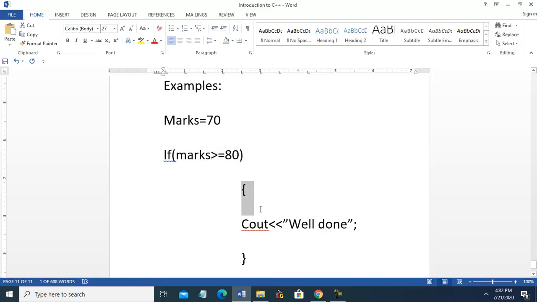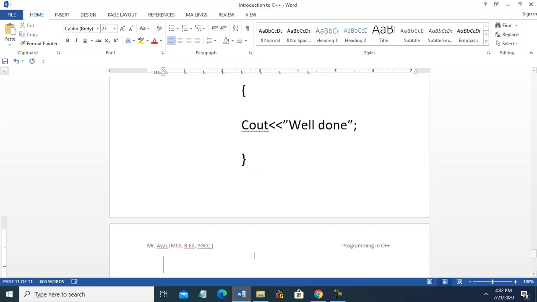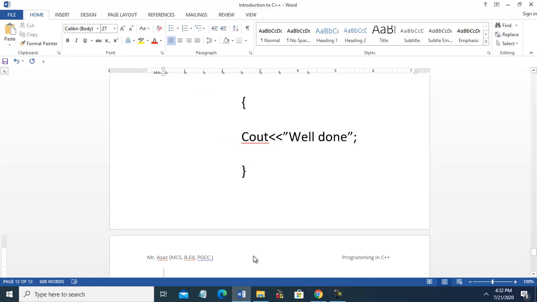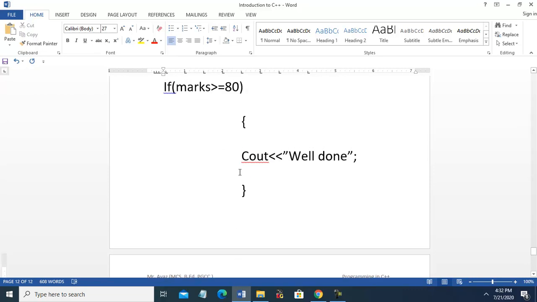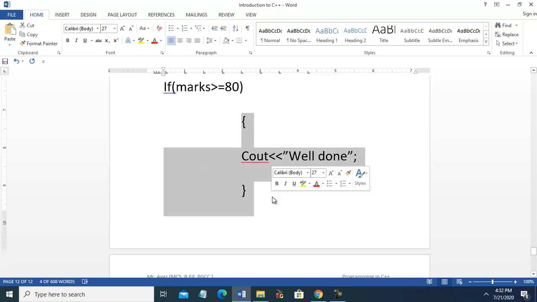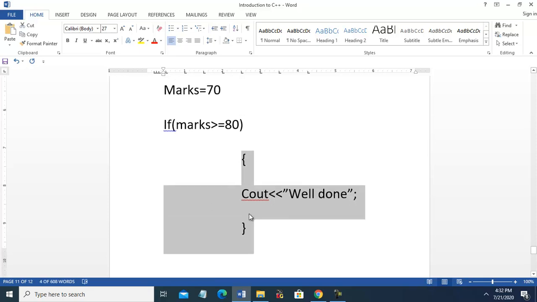So this whole block, starting parenthesis and closing parenthesis, will be omitted. The compiler will not translate it, will leave this part and come to the next statement. This part will be ignored. So why do we call it one way?